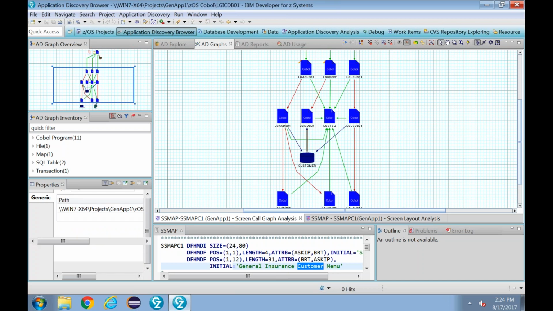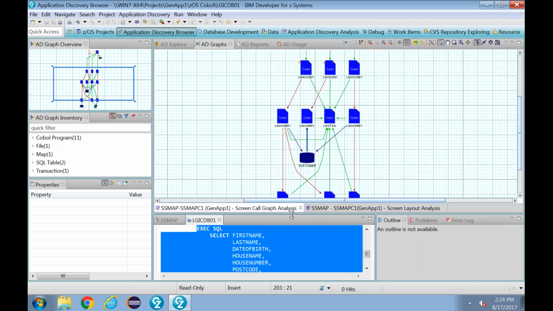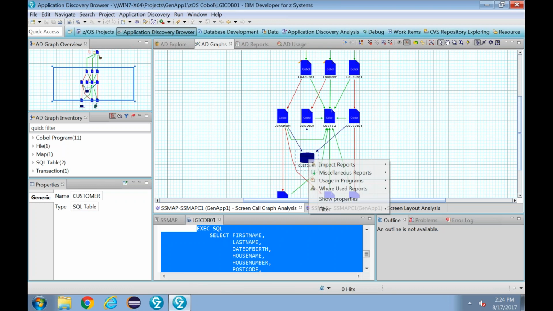So he can even double click on the line, and when you double click, the actual select statement pops up, so he can even go through and see what the exact select statement is. Now, he could also do this in a different way. So for example, he could always run something known as an SQL table usage, right?